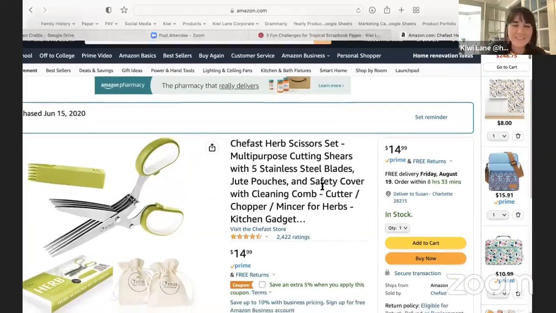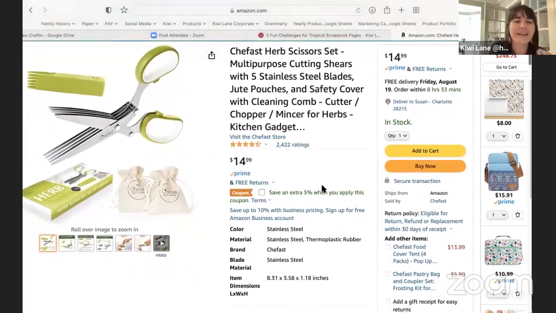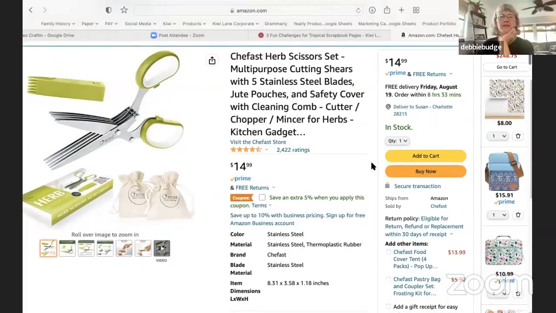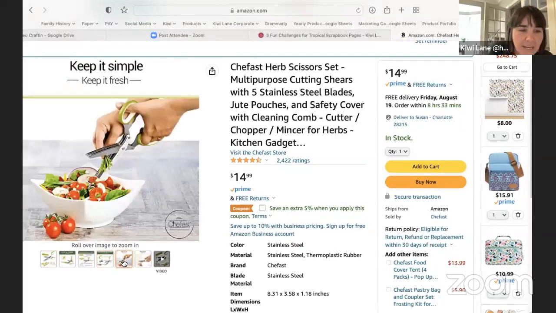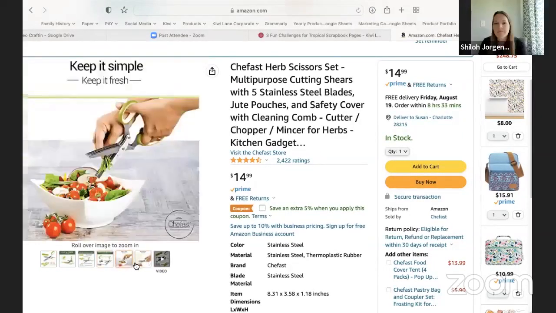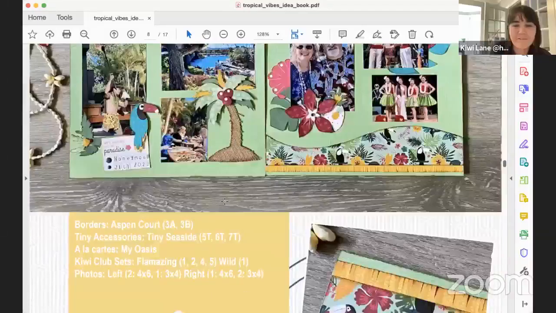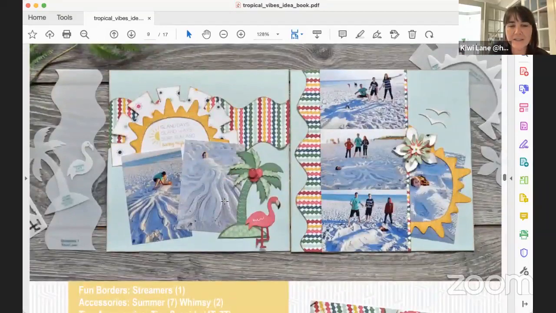Right, exactly. Okay, wait, I lied. They're not $6, they're $14, but still, these are the ones I have. They're actually cute. I think they're for herbs. But they're showing you can do it for paper too. Yeah, so that's fun. Little fringe is a fun technique. I definitely like doing that.